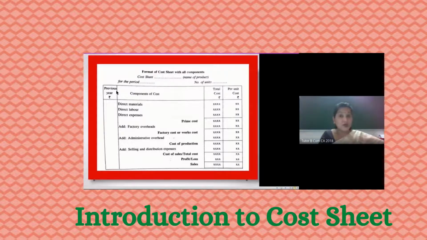Now that's not the end of the story. We know that we have to sell this product. The basic aim of producing a product is to make it available to the end customers. So there are other expenses connected with the process involved in taking the product from the factory premises to the ultimate consumer. That is what we are going to add. All the expenses connected with selling and distribution will be added to the cost of production to arrive at the total cost.